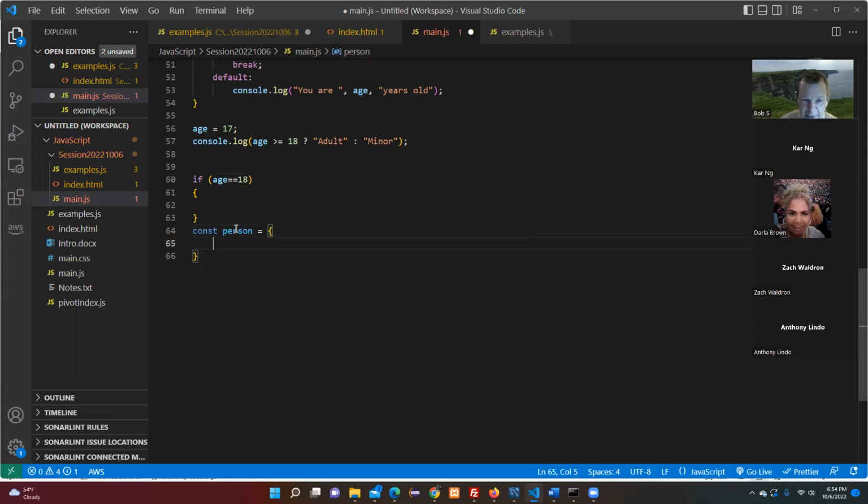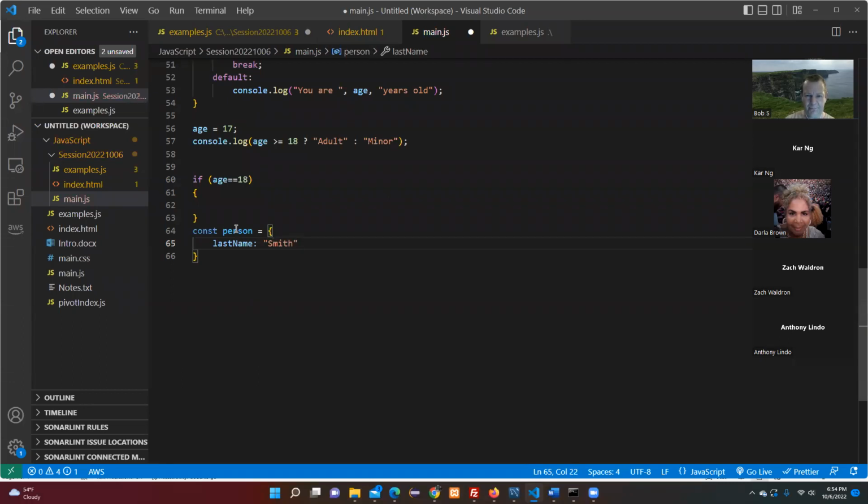And this starts with curly brackets, and it's got multiple properties. And a property is just a variable, but inside of an object, it's called a property, but it's basically a variable. So let's say person, let's say last name,